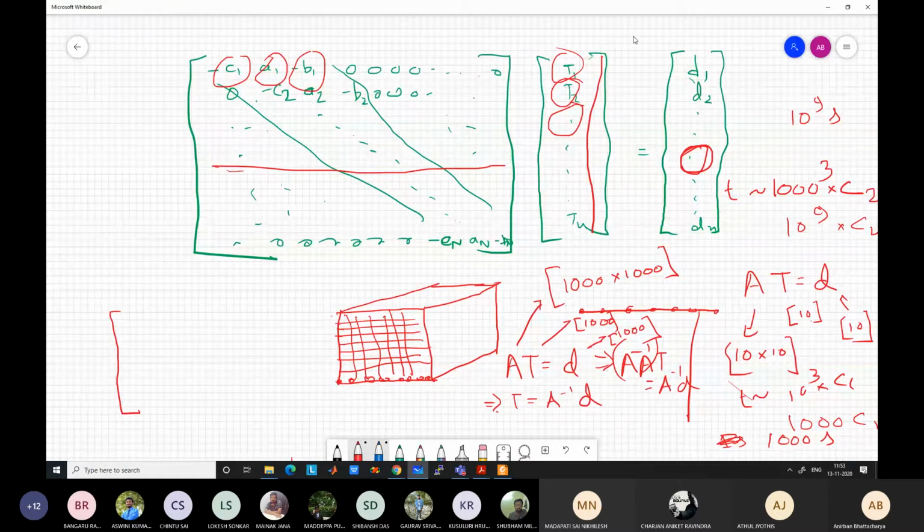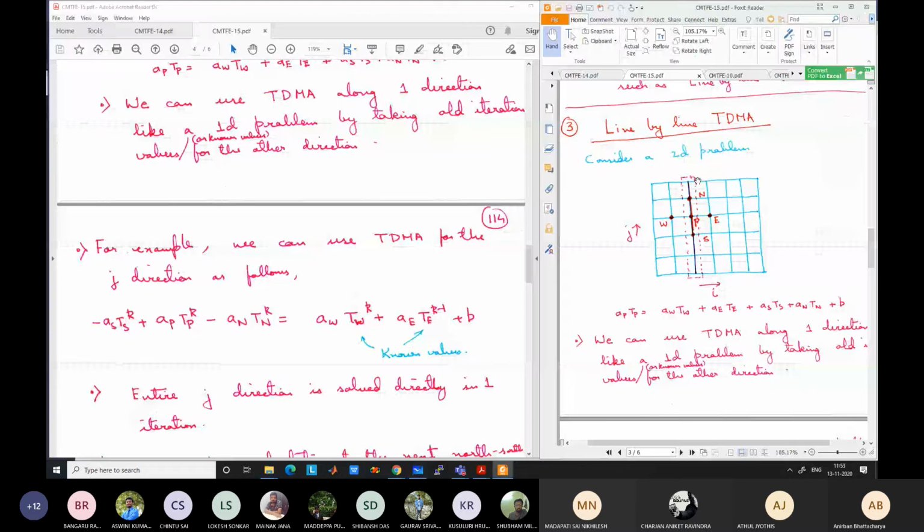Because of this form, because the coefficient matrix is tridiagonal, you can solve it directly. Instead of an iterative method, you can solve it directly to obtain the values in one go by using TDMA. So this entire line we can cover in one go. It is not that we are going point by point. In one go, we can directly solve the entire line. However, the values will not be accurate because it is using iterative values, meaning previous iteration values. So still we need to check for convergence, which means this has to be repeated.